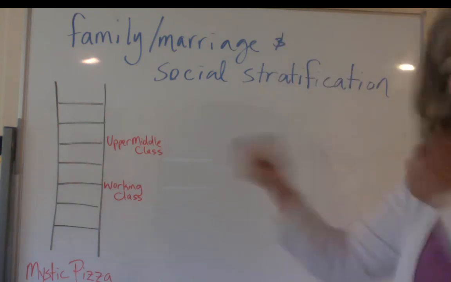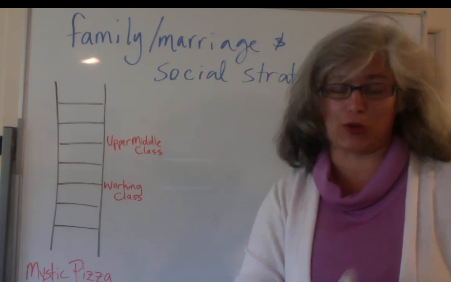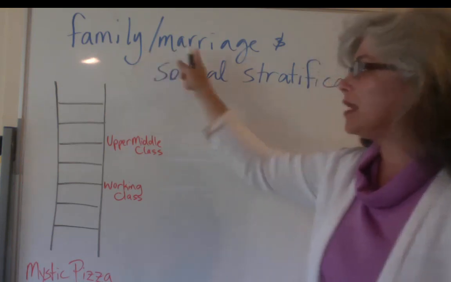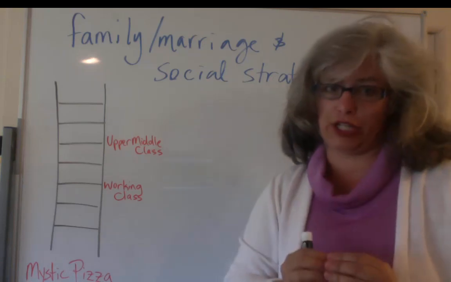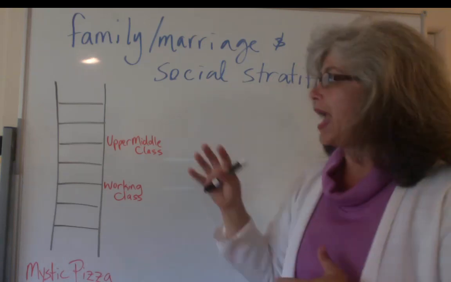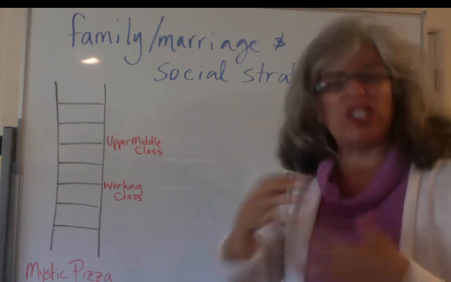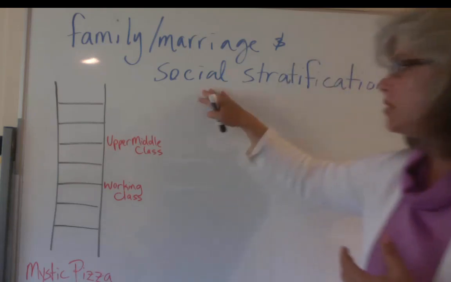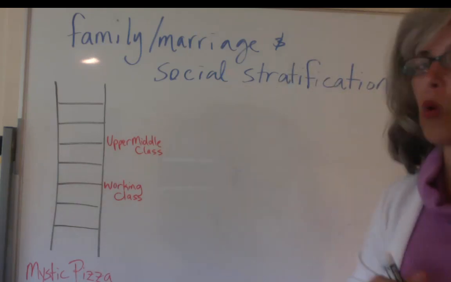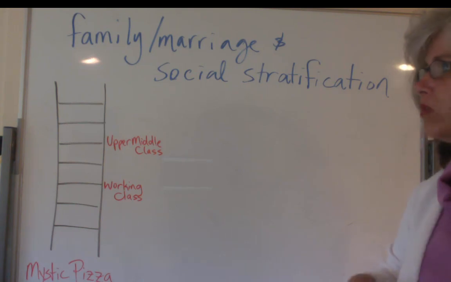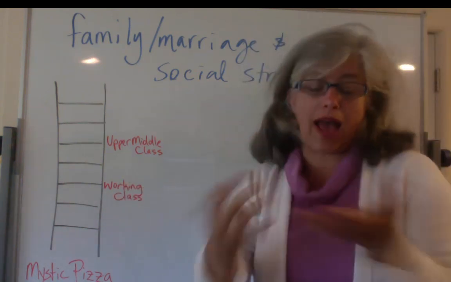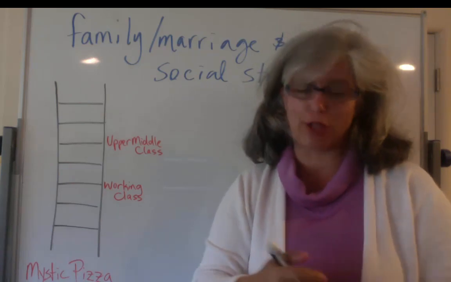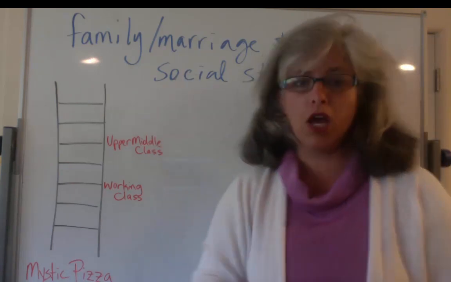So let's get busy with this last short lecture about family and marriage, and this is again going to be about the sociological definitions of family and marriage and the way that they're integrated into social stratification or inequality in society. So please remember, when you are reading this chapter, I have recently read all of your reaction papers about the first introduction to this.